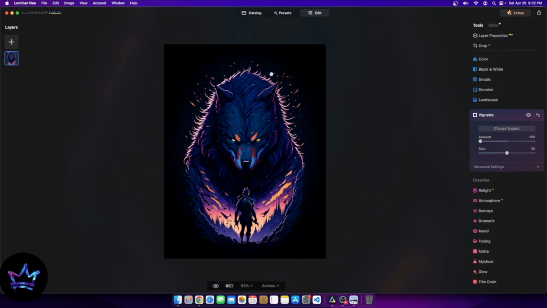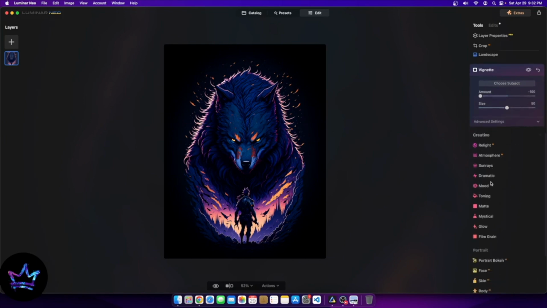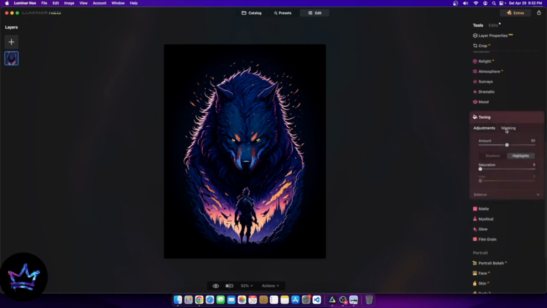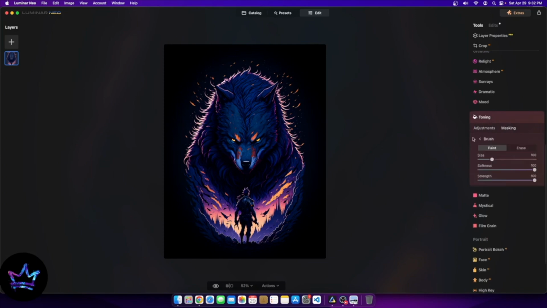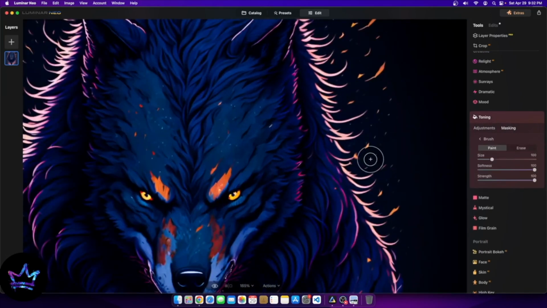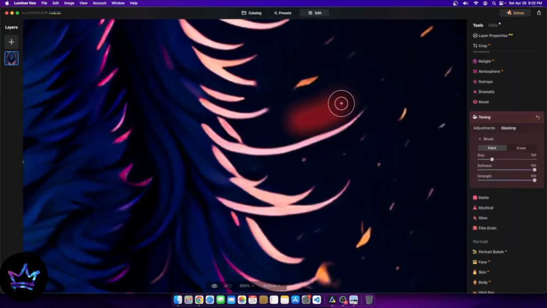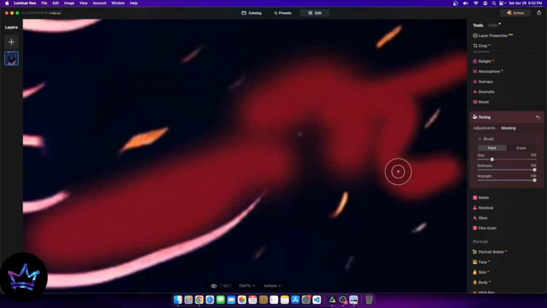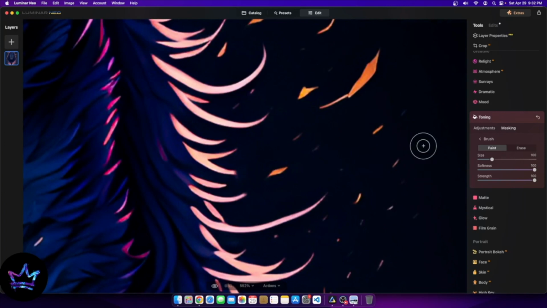What I could do, if I want to darken certain things or something like that, is go over here to all these different features. I could go to toning, for example. I could go to masking, and I have a brush. With the brush I can go over certain areas. So let's say something like this. Let's go ahead and add around it. All right, connect it to here. And it does take some filling in to do, but that's perfectly fine,